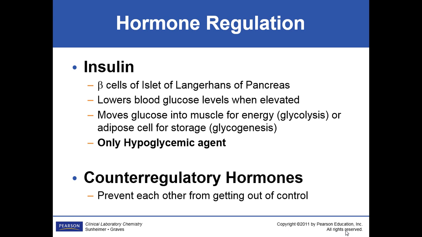Because it's the only one, with our population, we're developing problems because it doesn't have any backup system. We can inject a different type of insulin, maybe made from animals or chemically engineered, to help you, but the pancreas is starting to create problems for a lot of the American population.